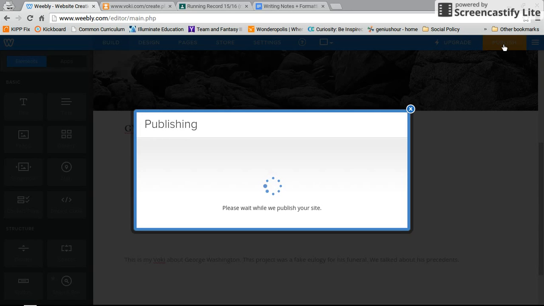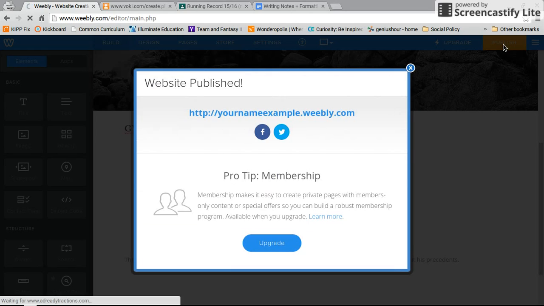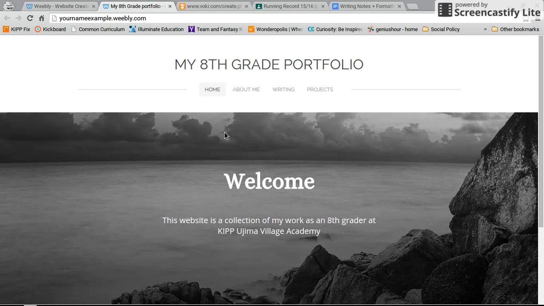It'll take a second for it to load and work the way that you want it to, but you have it published. And then to check to see what it looks like live, if you just click on it, you'll see it live. And remember, you did the Voki in the projects section. So if you click on projects,